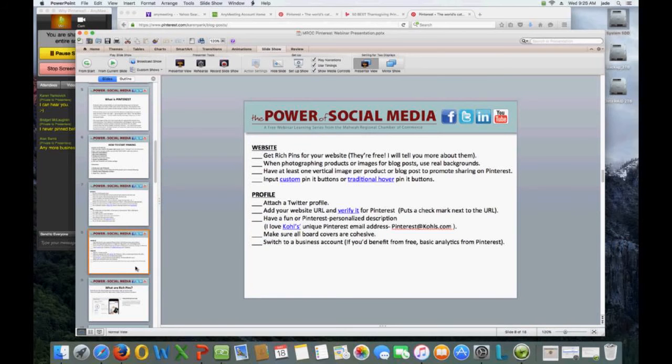So again, website. Your website is your selling point. You definitely can't ignore that. And keep in mind the rich pins, I will explain momentarily in the next slide what I mean with rich pins. For your website, they're free. And when photographing products or images for blog posts, use real backgrounds.